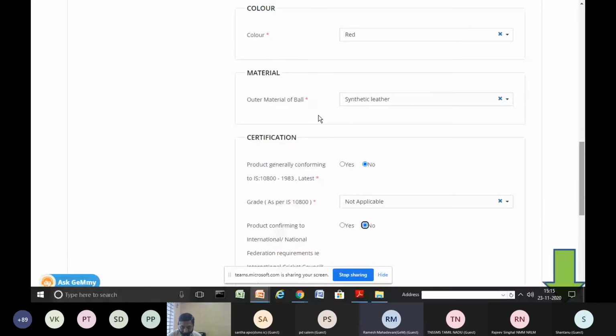Once that is provided, you will be asked to upload 3 images of the product. Typically, it's good to have high resolution images. I mean, it is good to have an image with the background. A decent image should be sufficient. I think Rajesh sir, in fact, during his presentation, pointed out that you have problems in uploading the images. I think if you have a fair picture with a white background, that should go through. So 3 images will have to be shared in different angles, front, back, up, whatever. Once that is done,